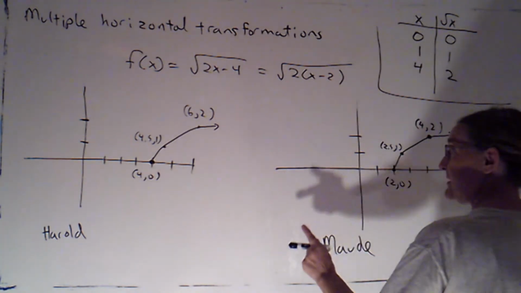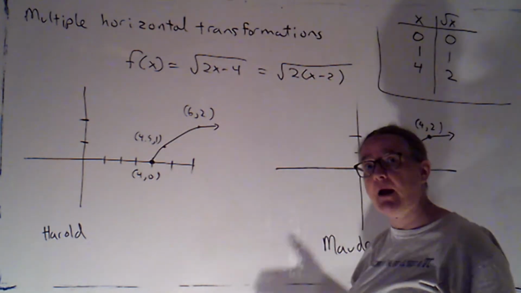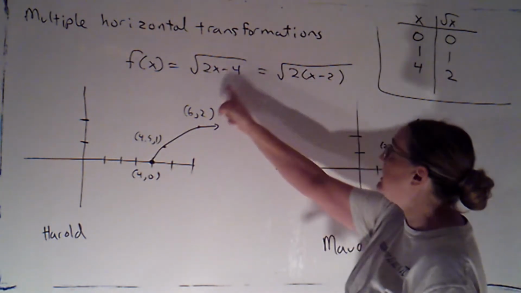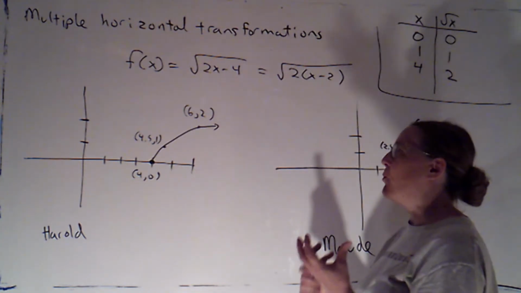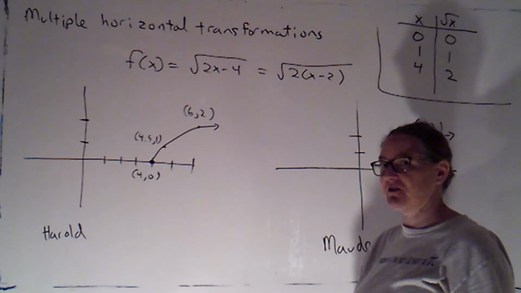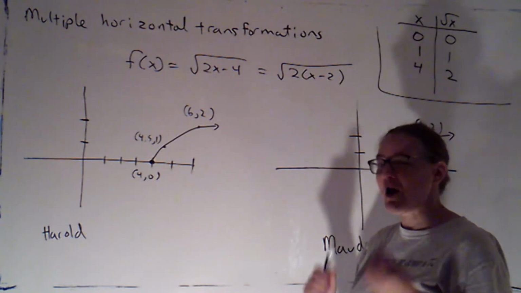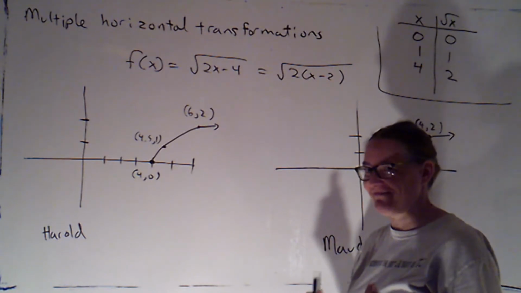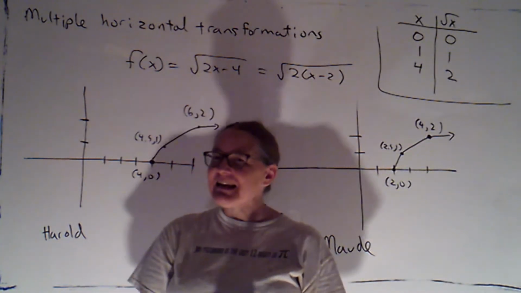So the difference is not which version of the formula they used, because you can actually do this problem correctly using either version of the formula. The difference is one of them respected order of operations, one of them did the opposite of the order of operations. Who's right? Okay. So what I want you to do is pause the video and see if you can